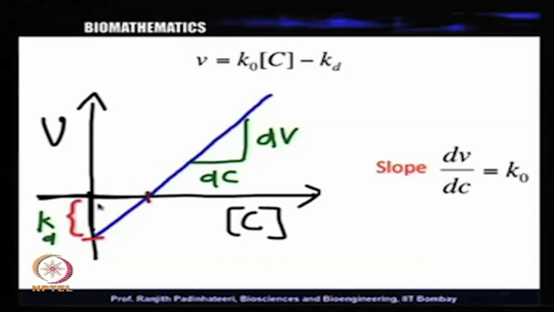So, V is minus Kd, negative, below 0. You will also see that this is the concentration at which